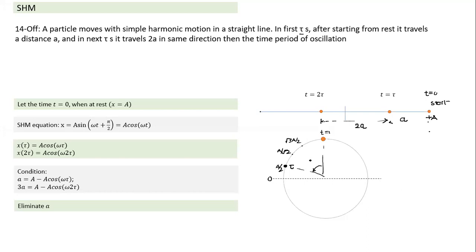What is the angular displacement or phase difference here? The phase difference is 60 degrees. In another tau, again it will undergo a phase difference of 60 degrees. So does it match the information given here? In 60 degrees, what is the displacement? It moved from a to a by 2. And in the next tau, it has moved from a by 2 to minus a by 2. So this displacement was equal to a by 2 in time tau, and this displacement is a, which meets my condition. So this way, if I use the phasor and look at the options, based on what you may call an intelligent guess, I could have solved this question very quickly.